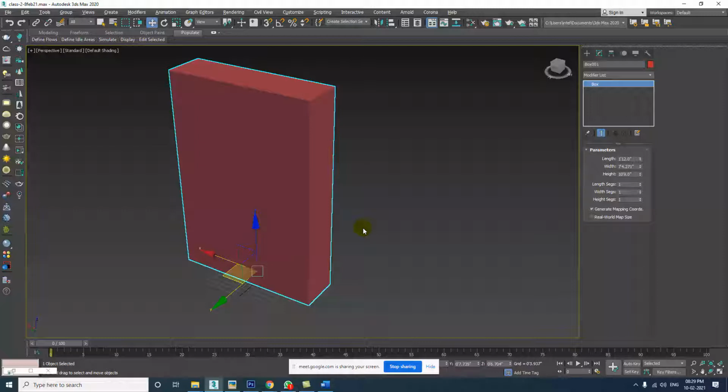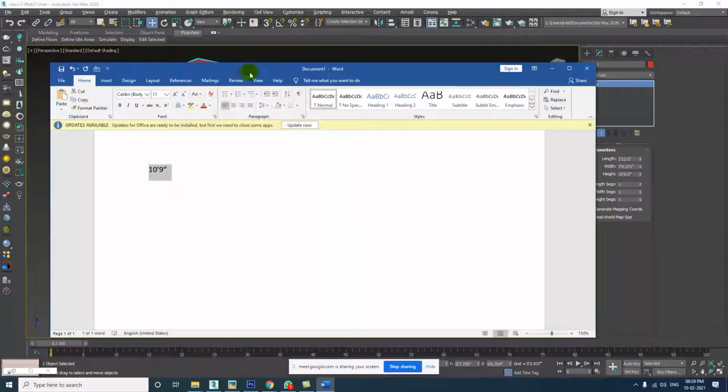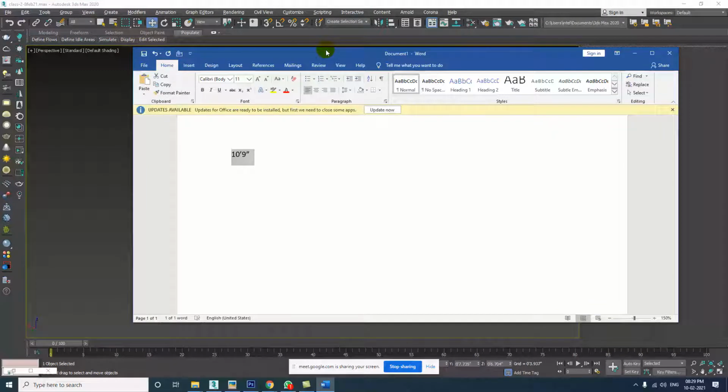So to activate and enlarge the viewport, I will just type here on this word so that you can copy it. See, Alt plus W equal to enlarge the active viewport.